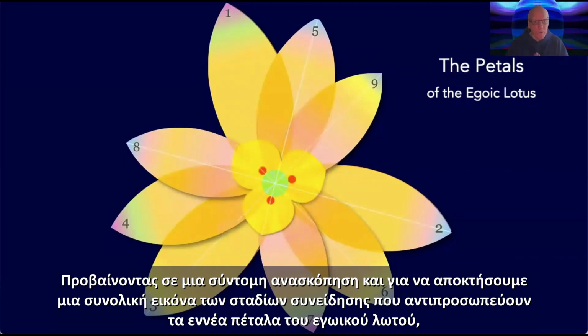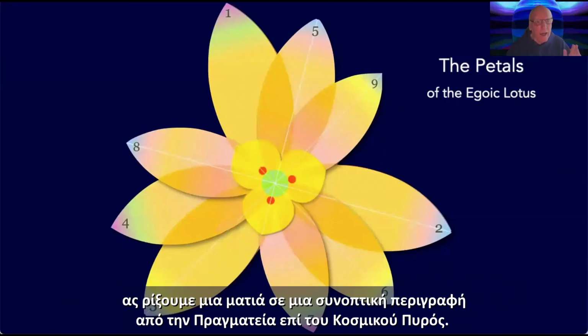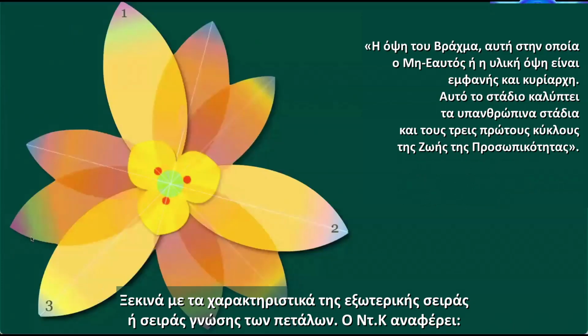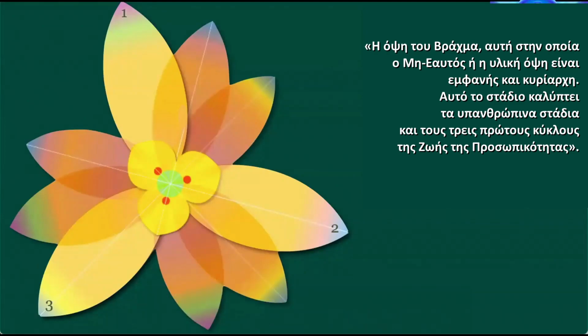So by way of review, and in order to get an overall sense of what stages of consciousness the 9 petals of the Egoic Lotus represent, let's take a look at a summary description from A Treatise on Cosmic Fire, which starts with the attributes of the lowest knowledge tier of petals. DK says, the Brahma aspect, that in which the not self or material aspect is apparent and predominant, this covers the subhuman stages